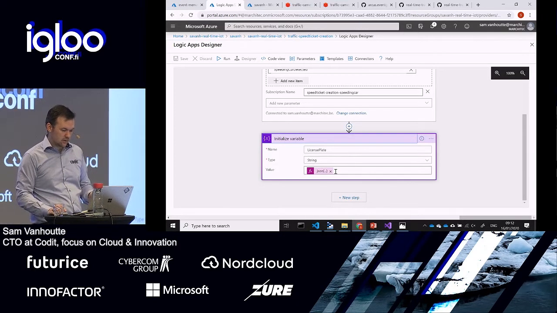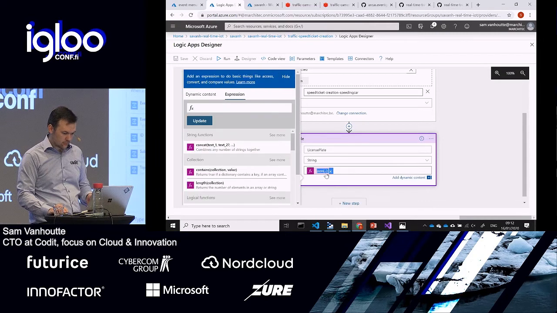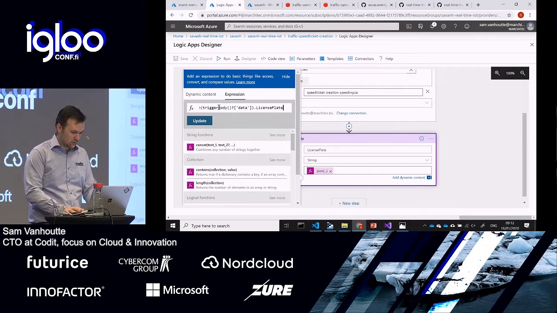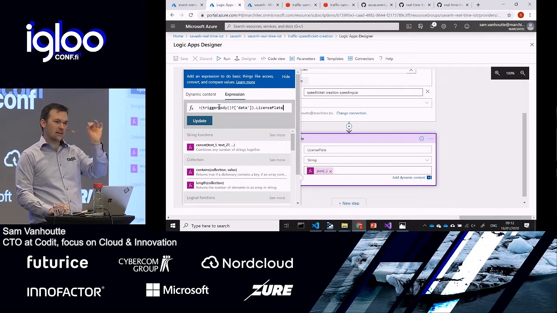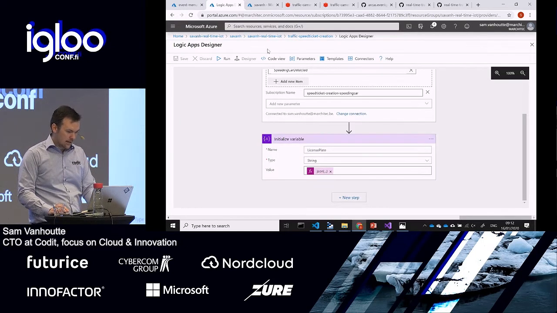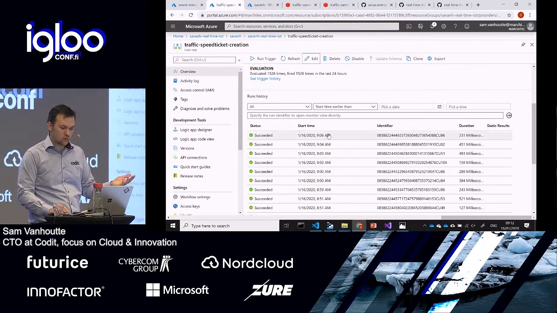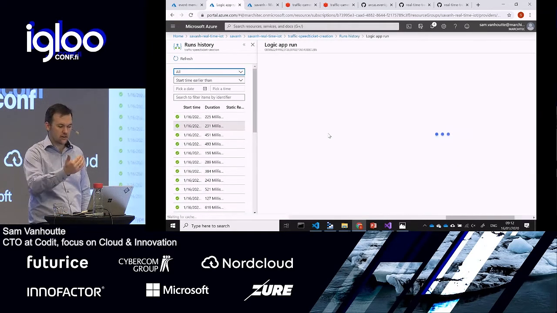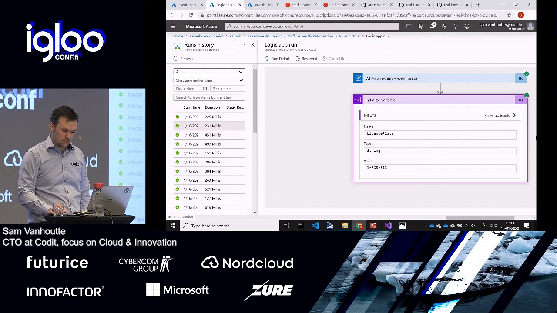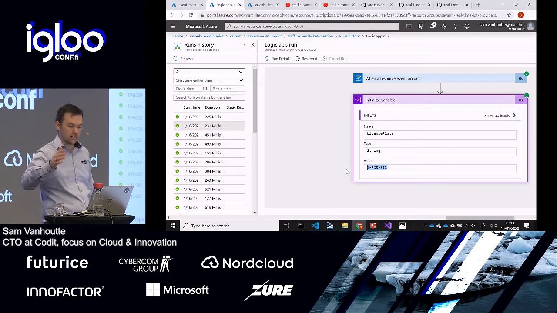The only thing I did was check how to get the license plate from that body. And this is with the perfect, nice language of logic apps that Rick will dive into, because I'm not sure I want to do that today. But I just get the license plate from the data payload here. Okay? And if you go back to the history, here you can see a replay of one specific instance. You can see that this was license plate 1RX and so on.